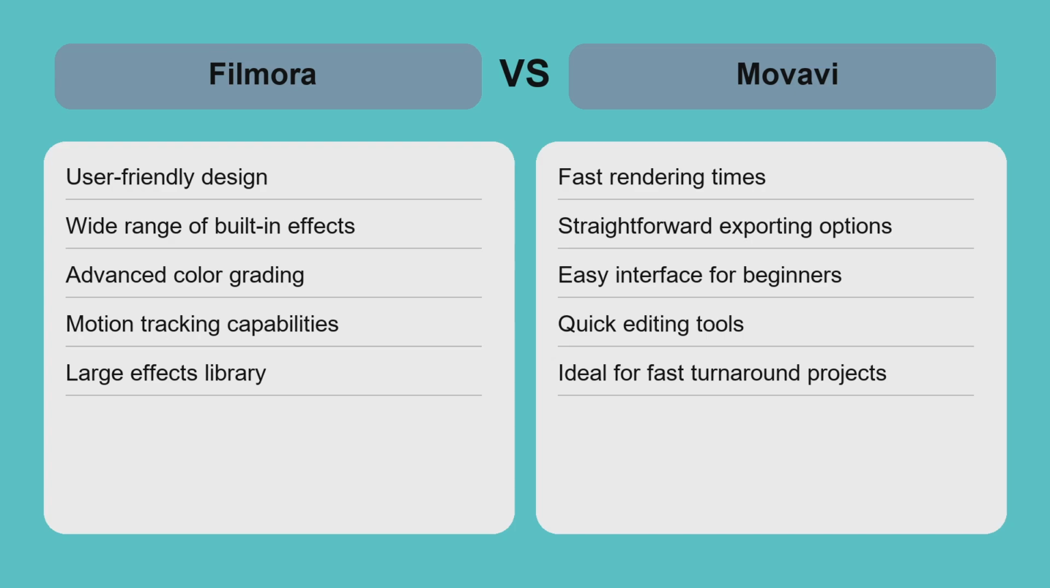For example, if you need to produce a vlog or social media clip rapidly, Movavi gets the job done efficiently. But if you're creating a tutorial or promotional video that benefits from enhanced visuals, Filmora offers more tools to elevate your content. Both editors serve different workflows, so choosing depends on whether you value creative control or speedy editing the